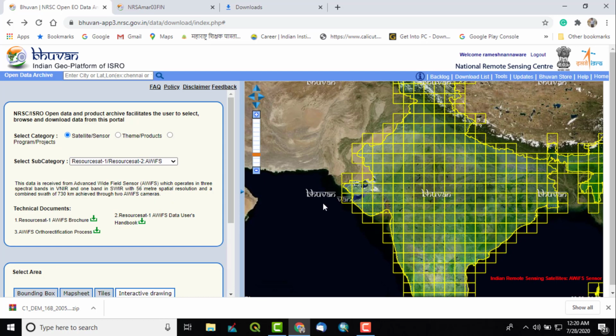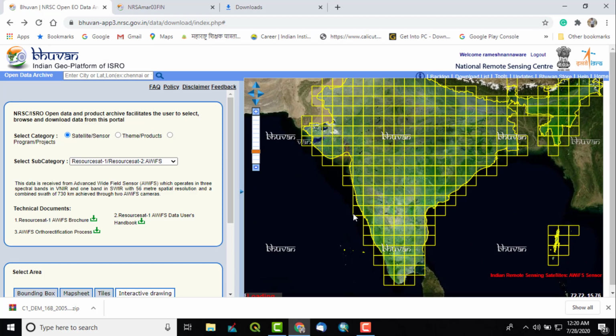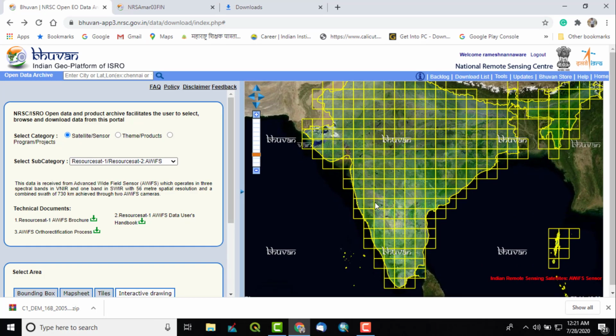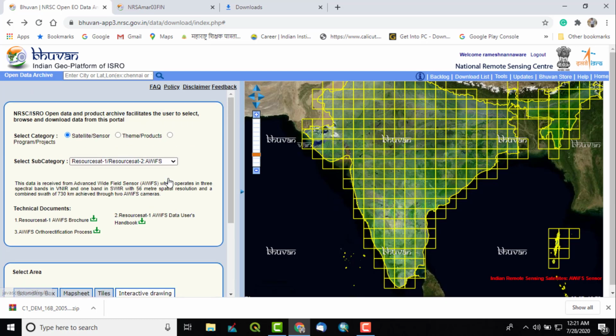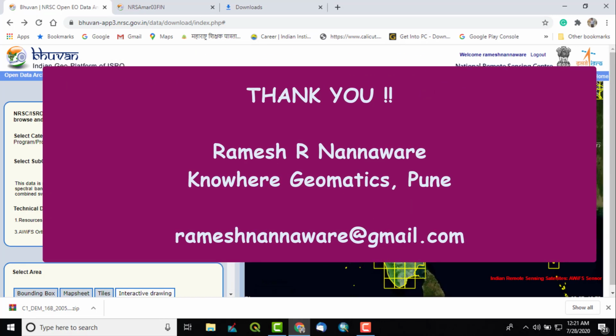If you want to work on a larger scale, like Maharashtra or whole India, at that time we can prefer this particular data. That's why different types of spatial resolution imaging are designed for a variety of applications. In such a way data can be downloaded from one portal.